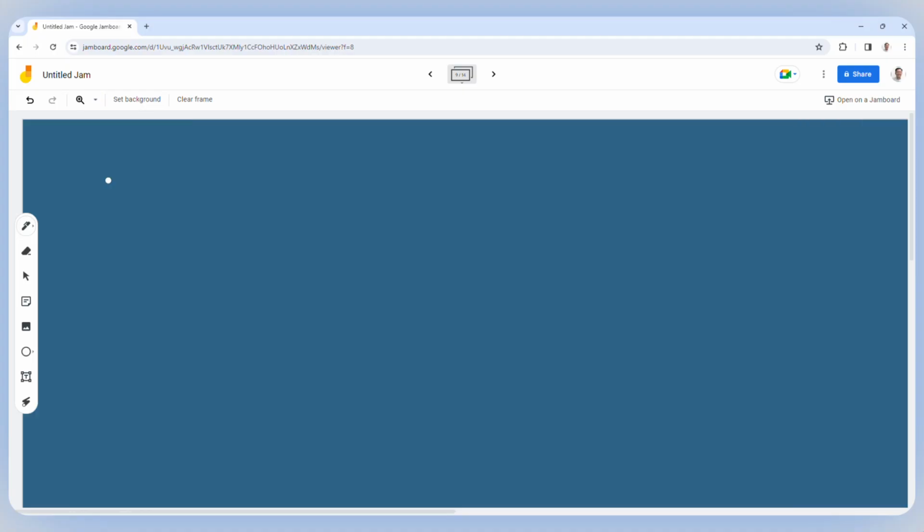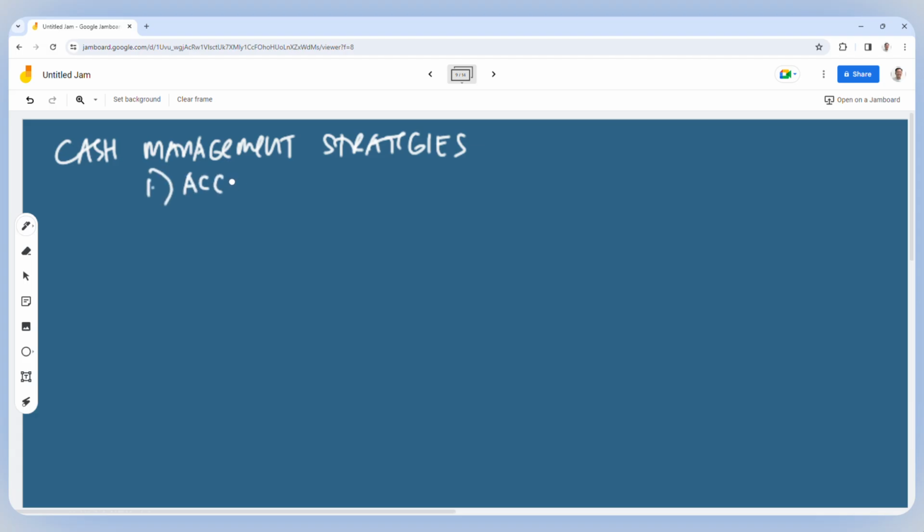Next one also is about your cash management strategies, no? Ano naman class ang ibig sabihin ng cash management strategies? Okay, so what is the meaning of cash management strategies? Okay. Number 1, yung tinatawag nating accelerate cash collections. So, class, nandito yung usual na tanong sa board exam, no? Accelerate cash collections.